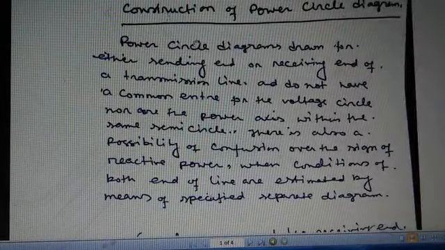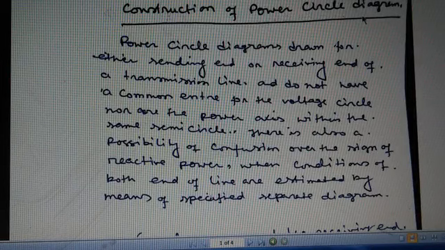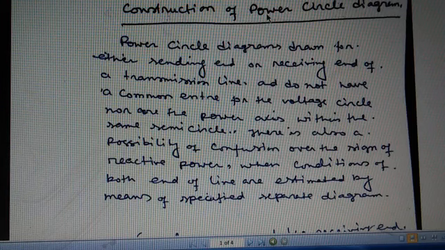In today's lesson, I am discussing the construction of the power circle diagram. This portion is part of the performance of transmission line systems. Now, the performance of a transmission line is based on the power circle diagram. Power circle diagrams are drawn for either the sending end or the receiving end of transmission lines and do not have a common